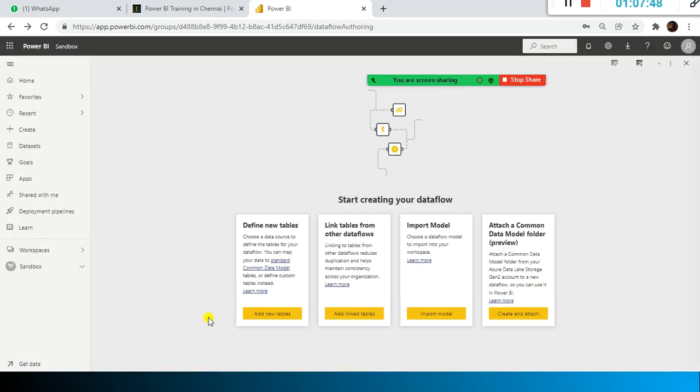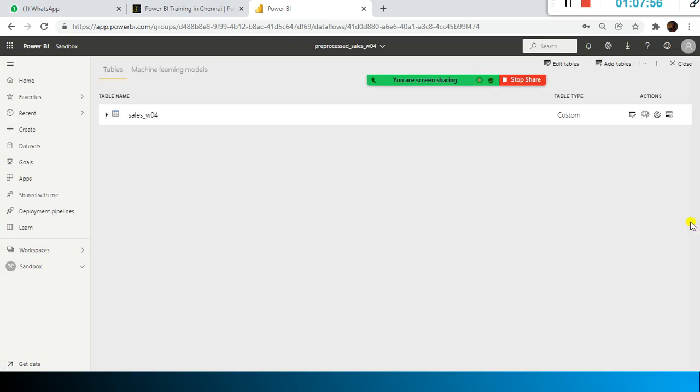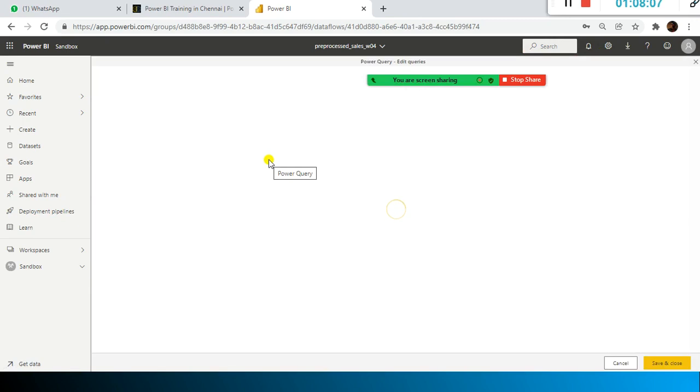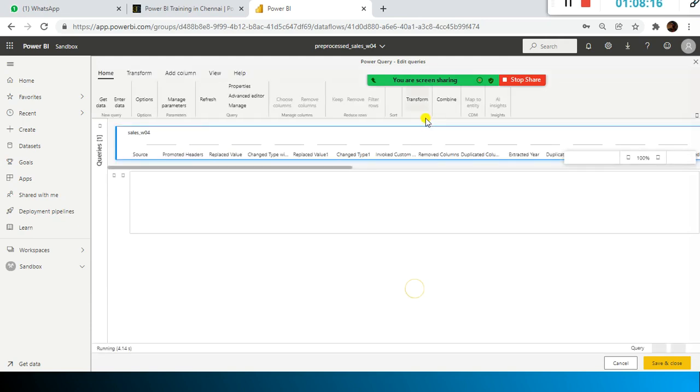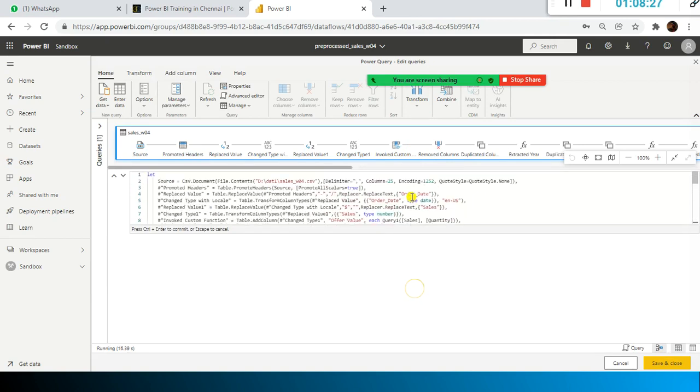Yeah, you need to cancel it here. And if I select the sandbox, it's already there. We don't have to re-import it. I just go and do some settings and edit tables. So date time is very much important as the data type in order to implement incremental refresh.